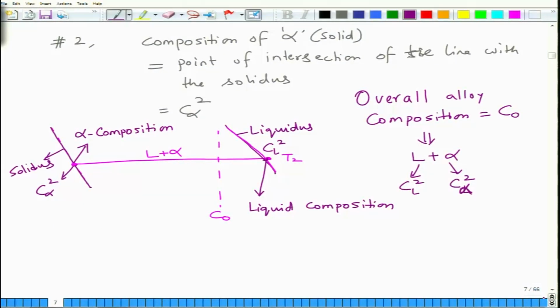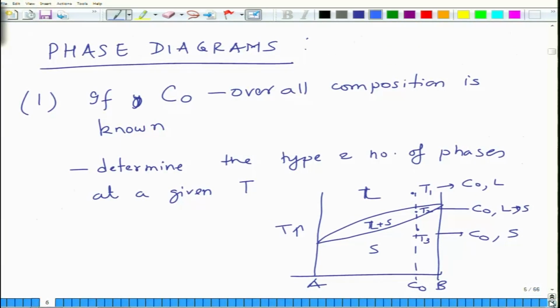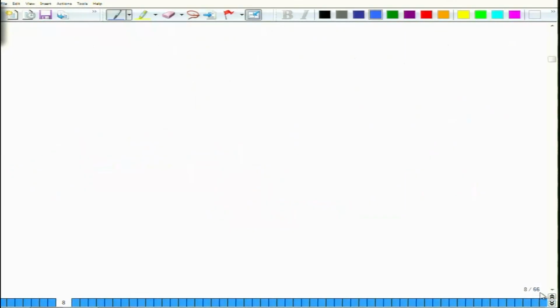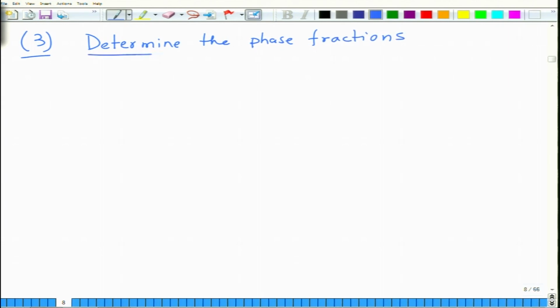All right. So now the next thing is, once you have determined the composition of these phases, that was the first objective, this was the second objective, and the third objective is to determine the phase fractions in the two phase region. So if I have an alloy of composition C naught, in the two phase region,